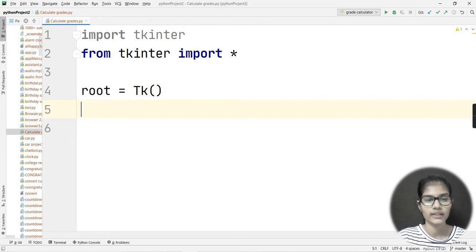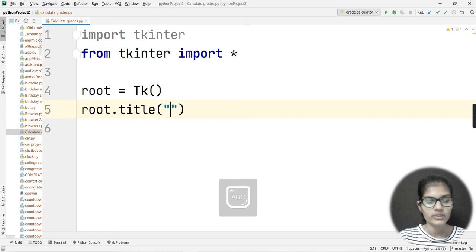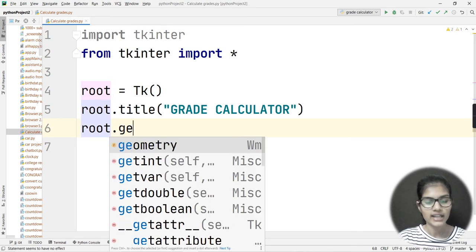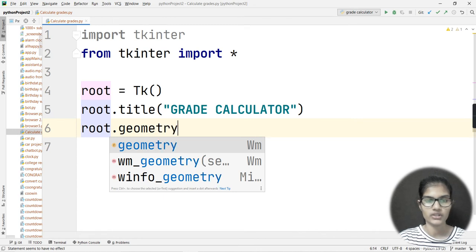So root is equal to tk. After that, I would write root dot title. I just want to give a particular title to the tkinter window which I had made. So I would give here, let's say, great calculator. This is the one I have given here, that is great calculator. And I also want to give some geometry, so I will mention root dot geometry.